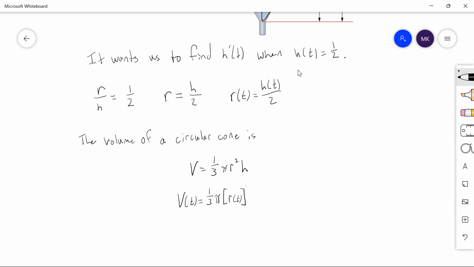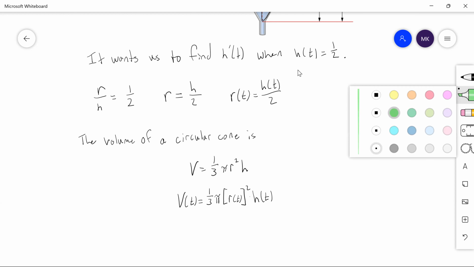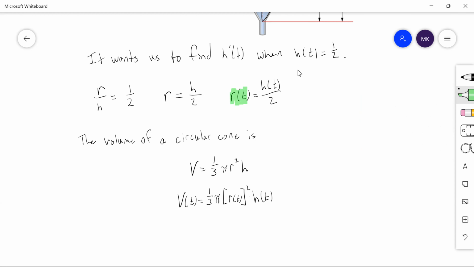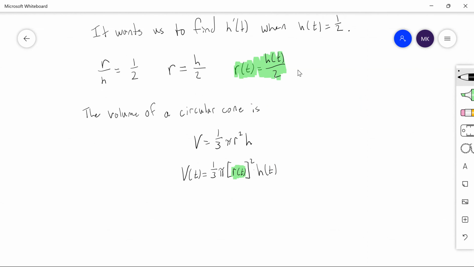times r of t squared times h of t. Since the problem wants us to find h prime of t, I want to get rid of this r of t. I don't want to have 3 functions going on. And that's why I did this. So we know that r of t equals h of t over 2. I can replace this. And so we get that v of t